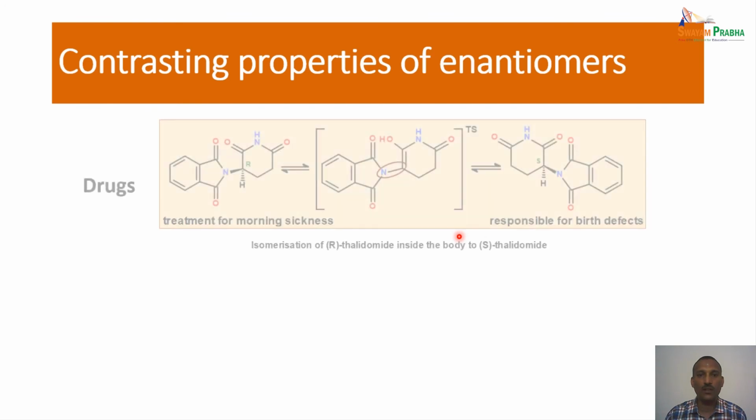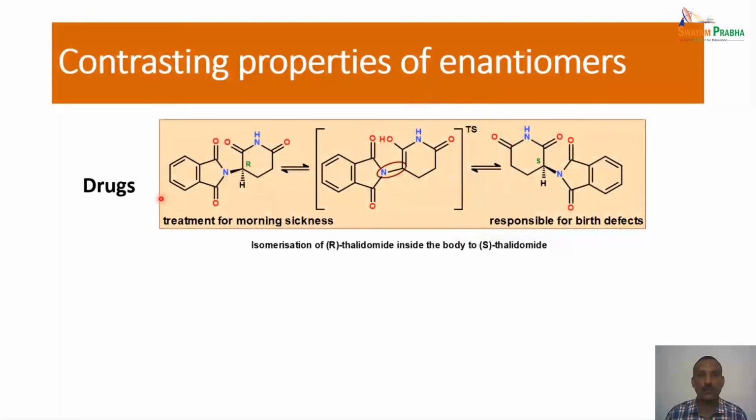So why do we say contrasting properties of enantiomers? The thalidomide case is a very famous example of why the R and S isomers are very crucial for biological action. In the 1960s, people were not aware of the importance of stereogenic centers, that is, chiral compounds, in drug metabolism. So they made the racemic mixture, a 1:1 mixture, and then what